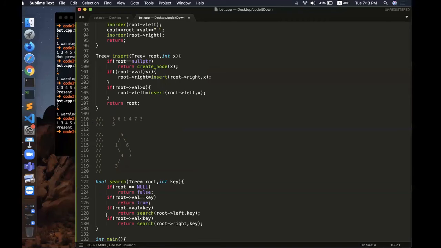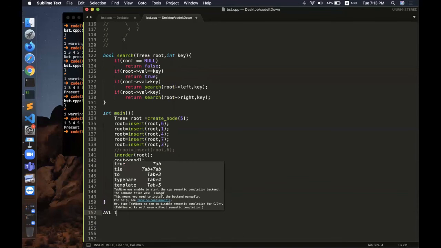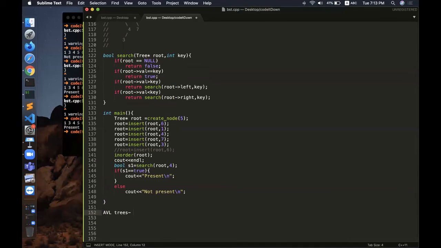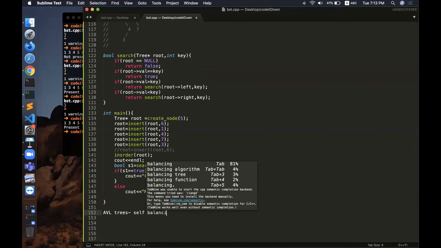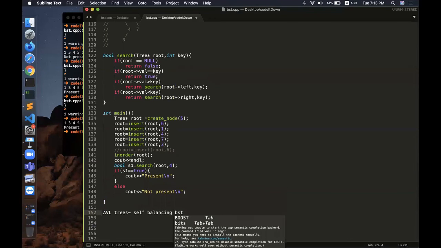But as I was saying about AVL trees, I'll just give a basic definition. These are basically self-balancing BSTs, so the tree will always be balanced.